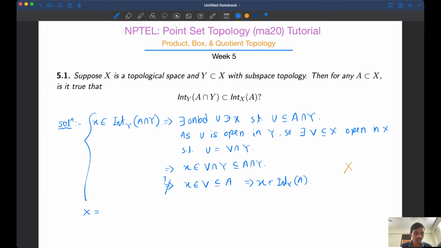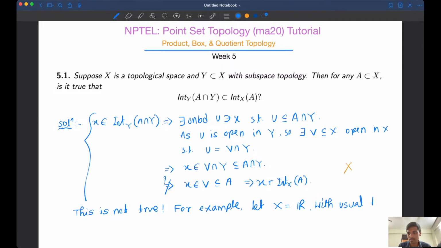So for example, let X equal the real line with the usual topology, which is induced from the modulus distance function, and take Y as just a single point, because I want that set to be smaller. So let's say take Y equal to {1}, and A is